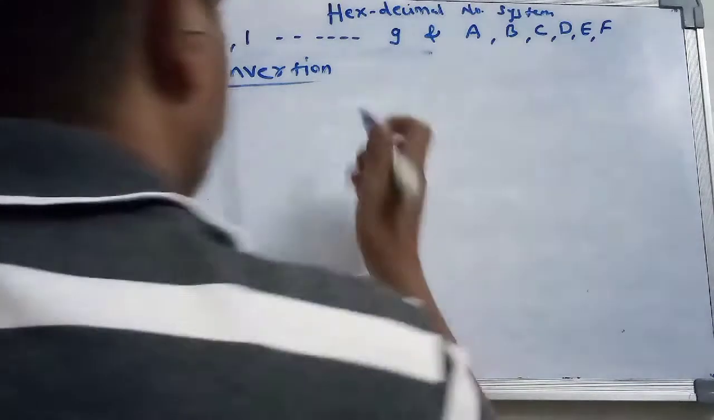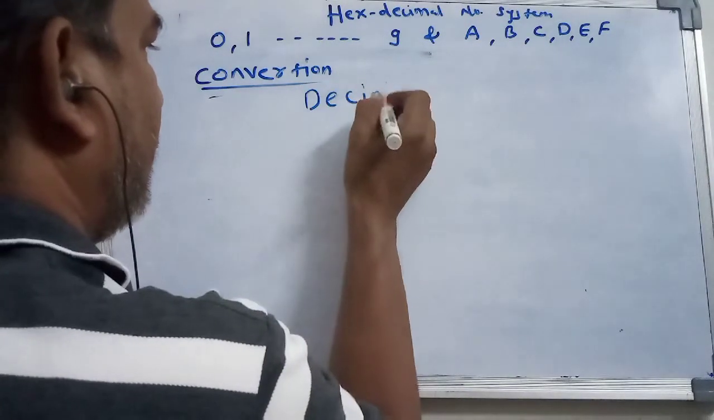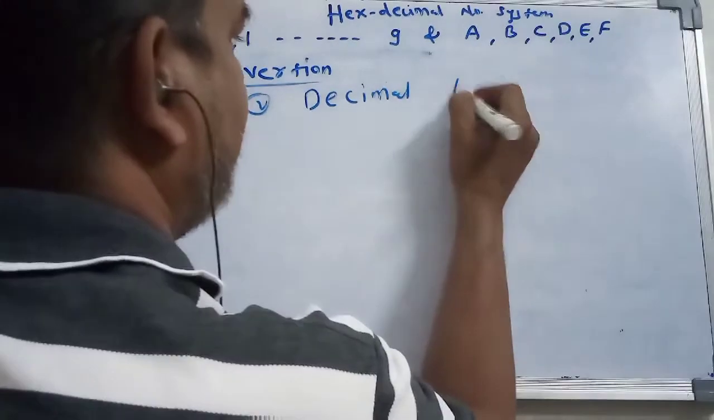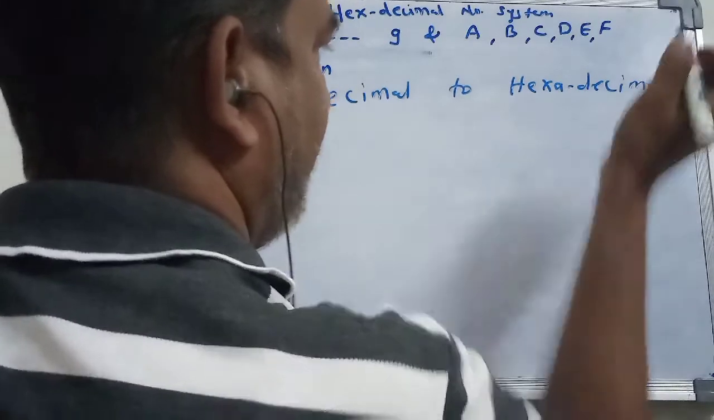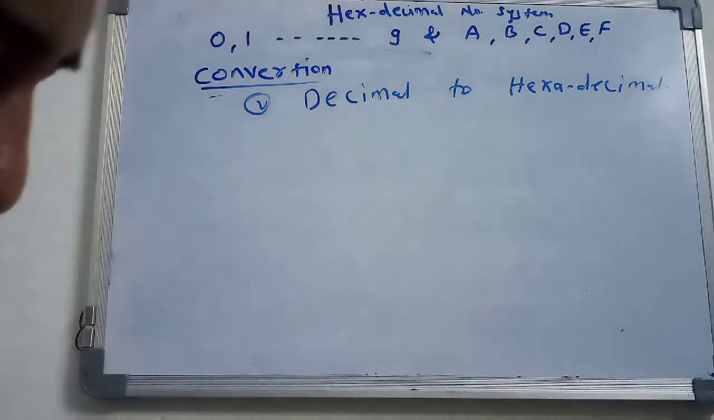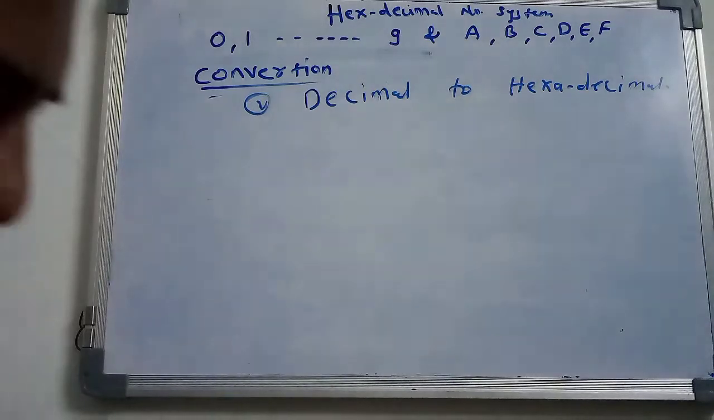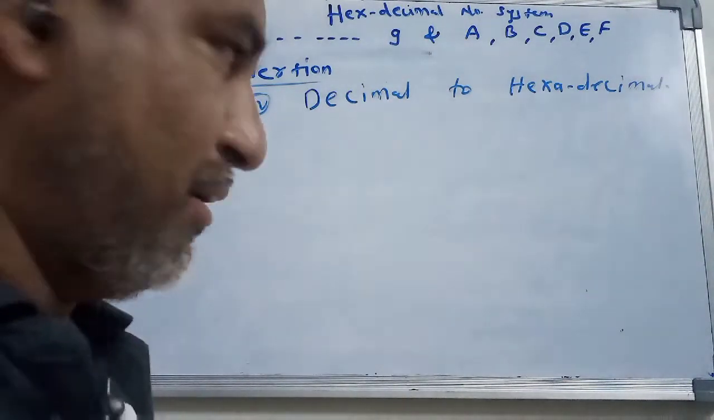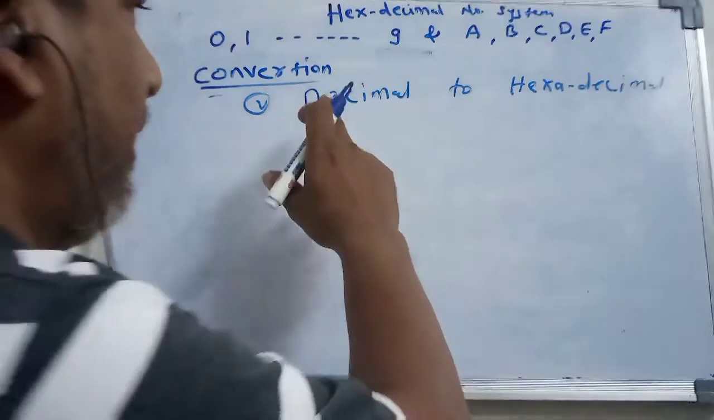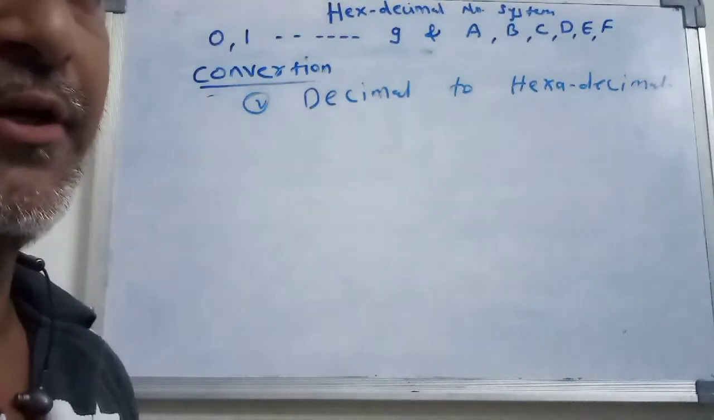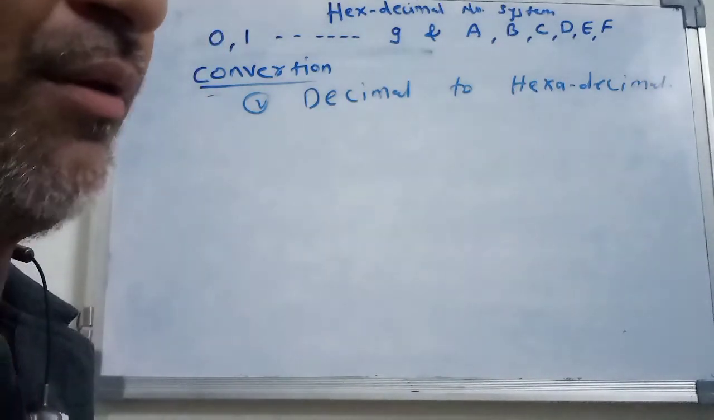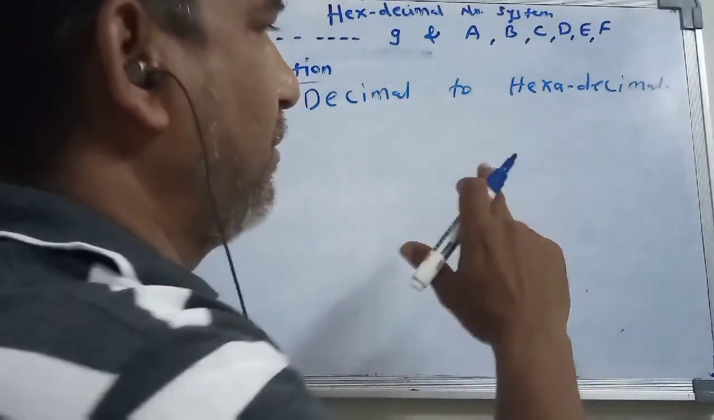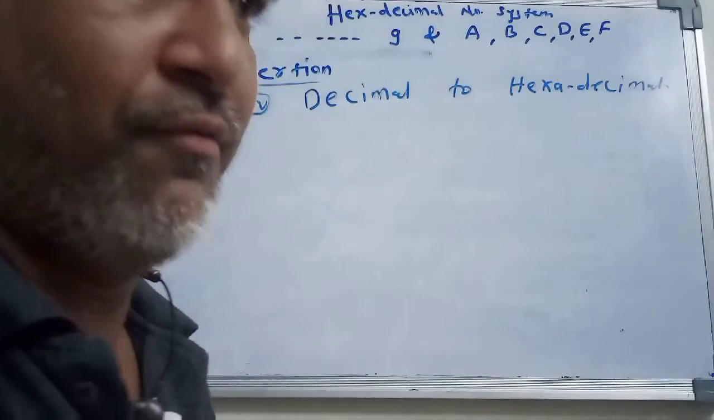Now our next conversion is decimal to hexadecimal. In this decimal to hexadecimal conversion, as you know, decimal to binary was called the double-doubly method, but now decimal to hexadecimal is called the hexadecimal method. In an examination, they may directly ask you to convert the number from decimal to hexadecimal, or